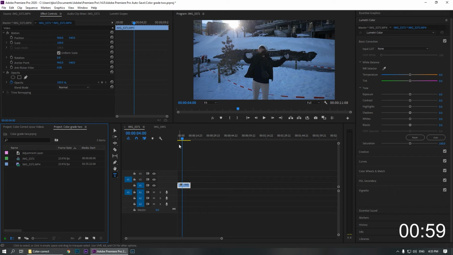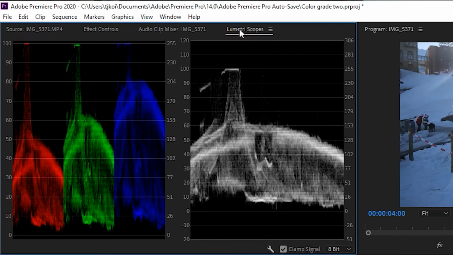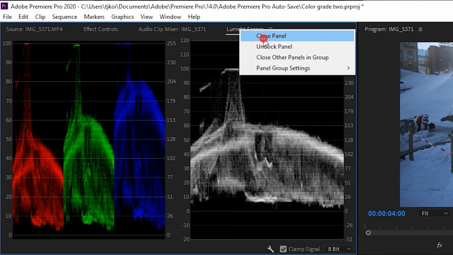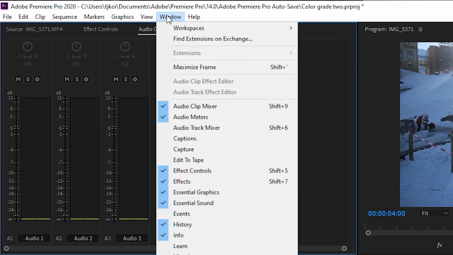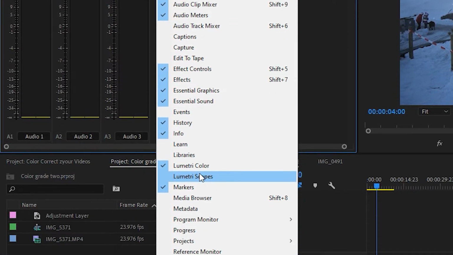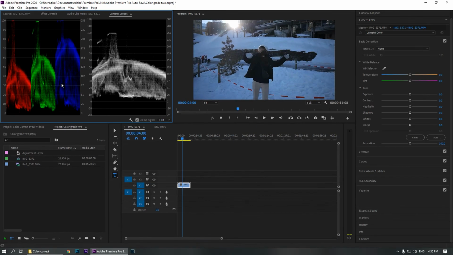Okay, so right now I'm in Premiere Pro. I have already a clip dragged into my timeline. Just drag in any clip that you want to edit into your timeline, as well as opening up the Lumetri scopes. If you haven't opened up this Lumetri scope, you can go to Windows, go to Lumetri scopes. As I said before, I will be using the parade diagram as well as the waveform diagram